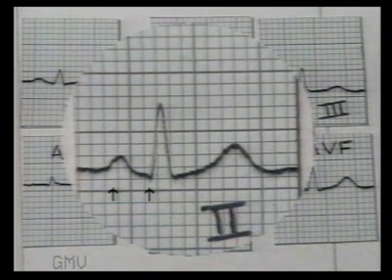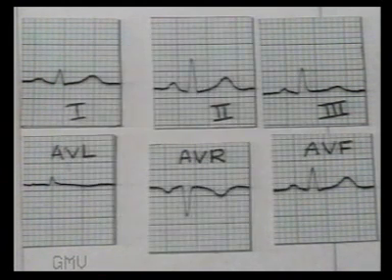If the PR interval is reduced to less than 3 small squares or 0.12 seconds, look for slurring of R waves in leads 1 and V6 to rule out WPW syndrome. Now come to QRS complex. Look at leads 1 and 3 for axis deviation. Remember, left leaves and right reaches.